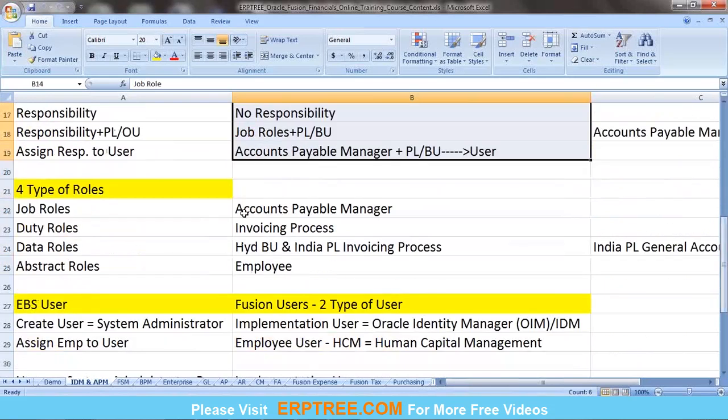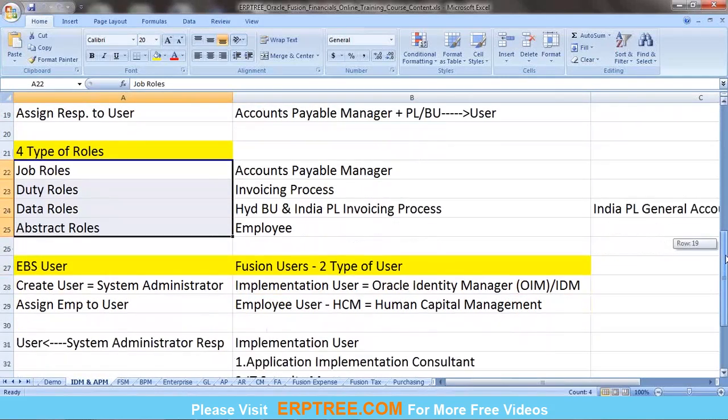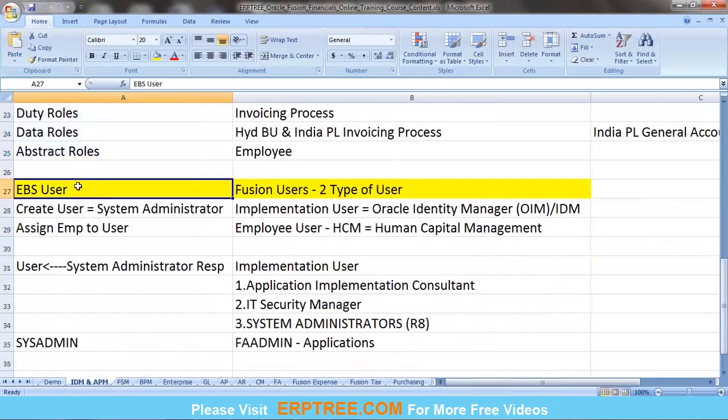The other point was the types of roles in Fusion. Basically we have four types of roles, and we discussed in detail how they relate to EBS, by way of comparison. The third point was users. We discussed the difference between EBS users and Fusion